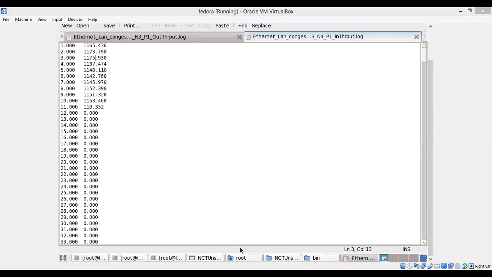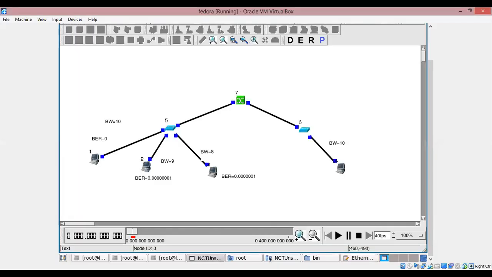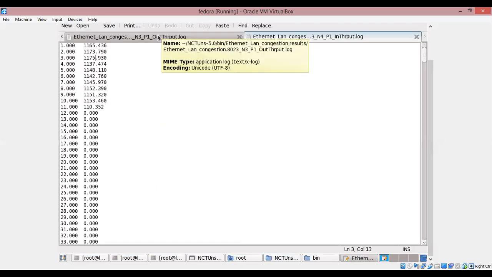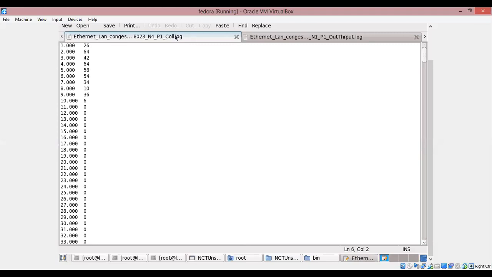Yeah, so I've played it. The log files, I've taken the reading. So here are the log files. Okay. So you can see the collision in the receiver. This is the collision in the receiver. The transmitter sender collisions are increased a lot. Okay, now I put the readings into this PPT. Okay, so this one.